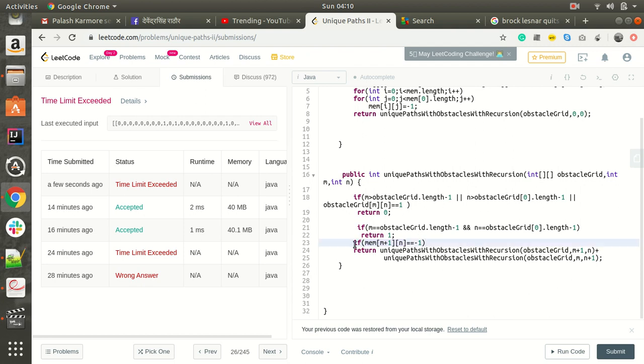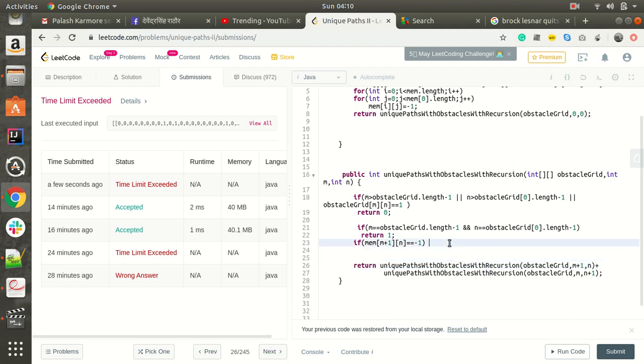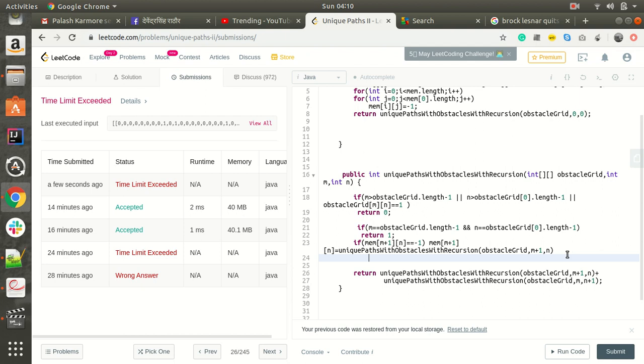So it will be equal to this part. Similarly we can do for this part also.